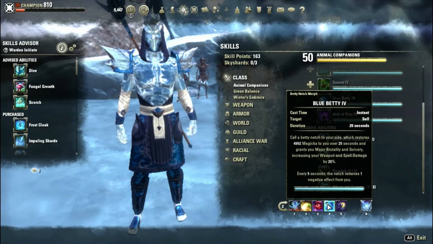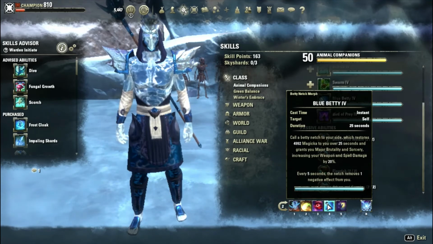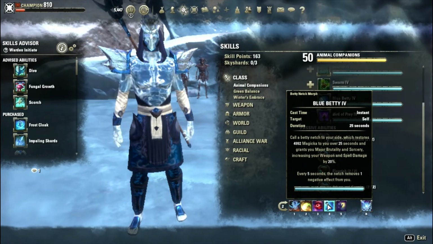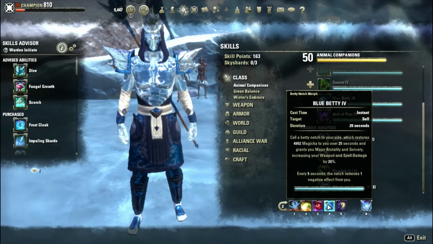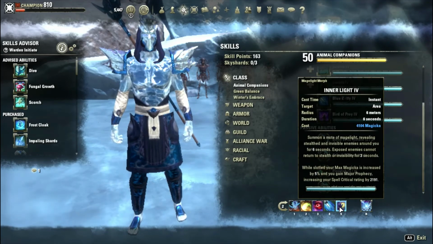So it restores 4,900 Magicka over 25 seconds and grants me Major Sorcery, increasing my spell damage by 20%. Every 5 seconds, the net removes 1 negative effect from me. So this is just a back bar buff there as well, so increasing my spell damage and a bit of resource sustain as well. And then I have Inner Light again on the back